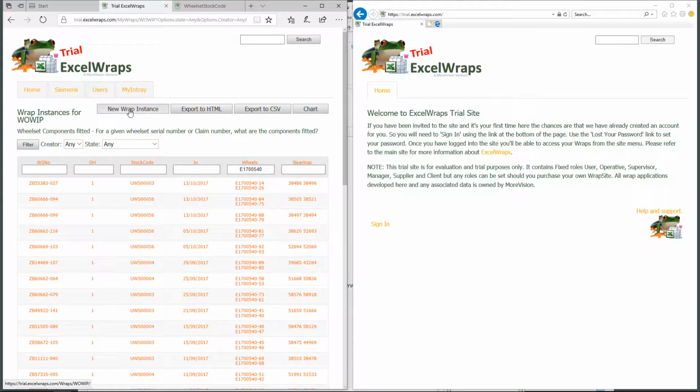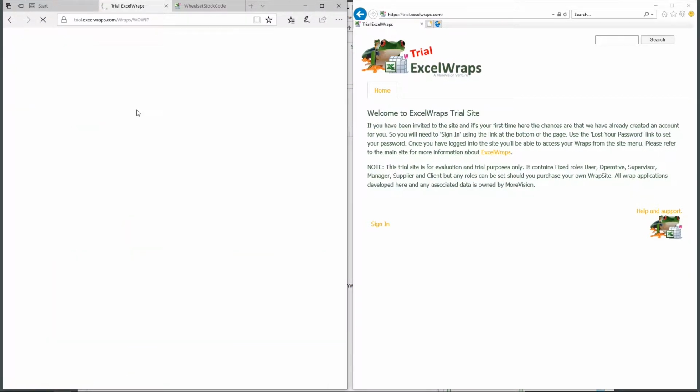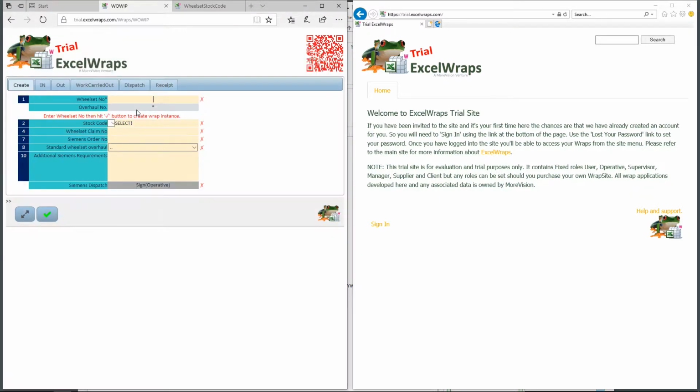We're going to create a new wrap instance of our wheel overhaul work in progress. So there's the wheel overhaul work in progress. I'm going to create a new wrap instance now, and I'm going to pretend that I'm sending one off. So if I call this test